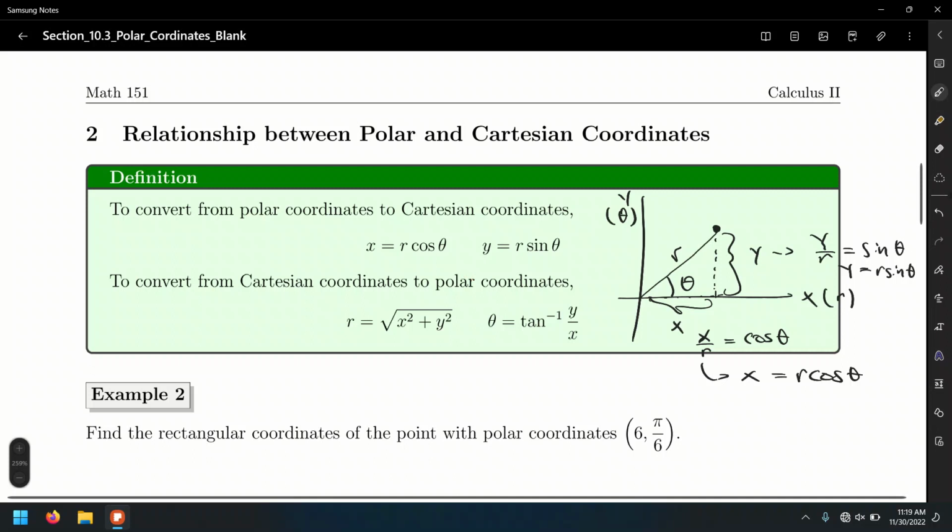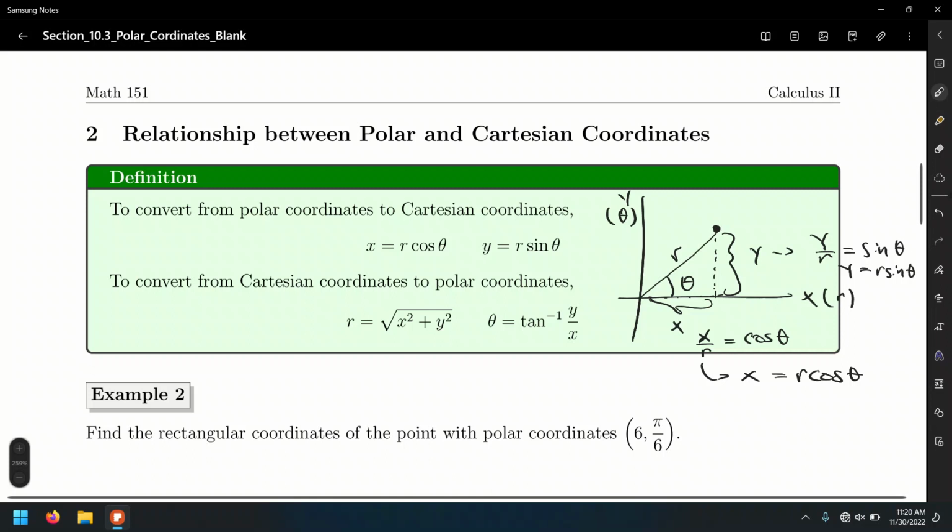How do we get the other formulas to convert from Cartesian to polar? Well, essentially, when we convert from Cartesian to polar, we form this right triangle. So we need to find a radius and an angle. The radius is very intuitive to find, because in this case, we're forming this right triangle, and we want to find the distance between the pole and the location of the point